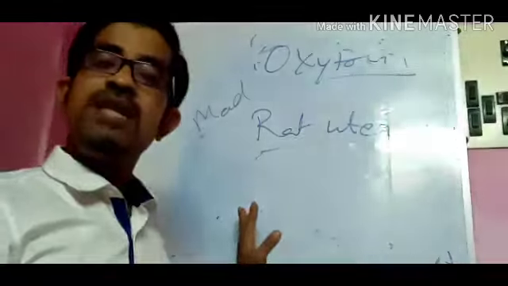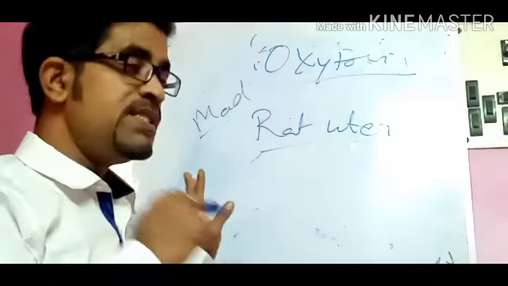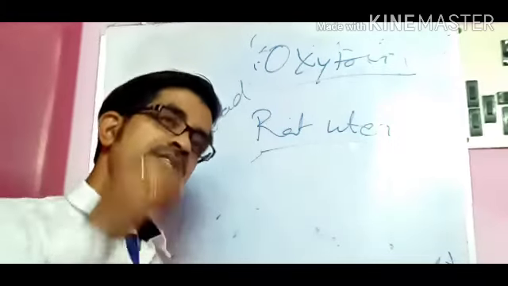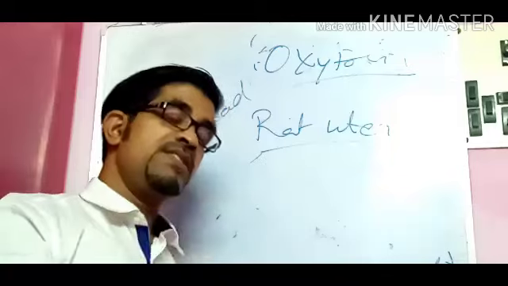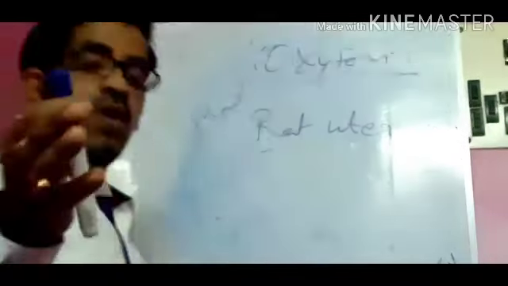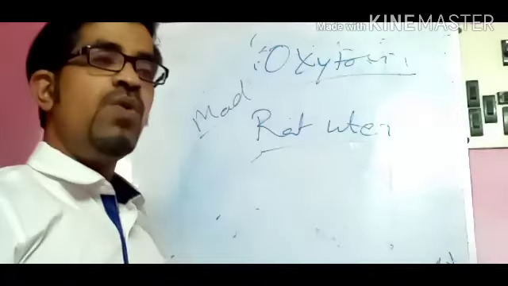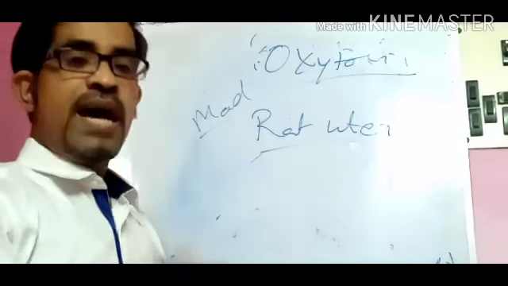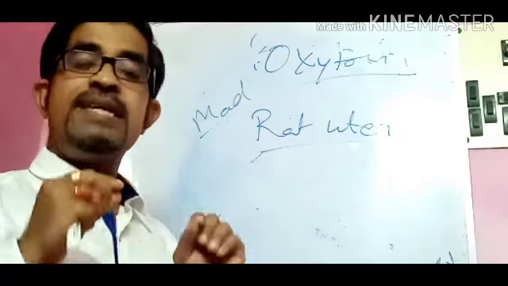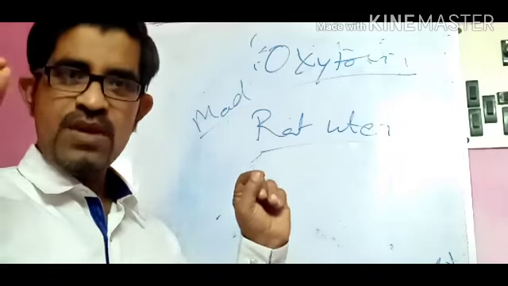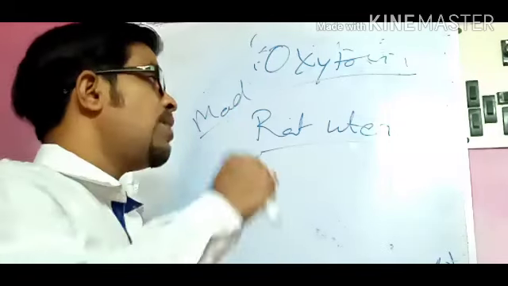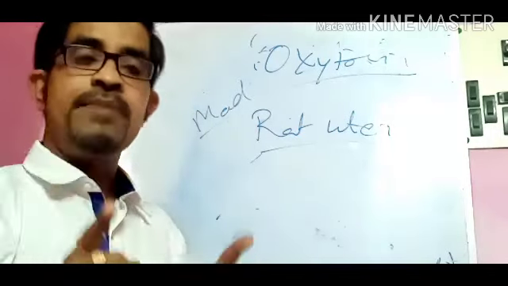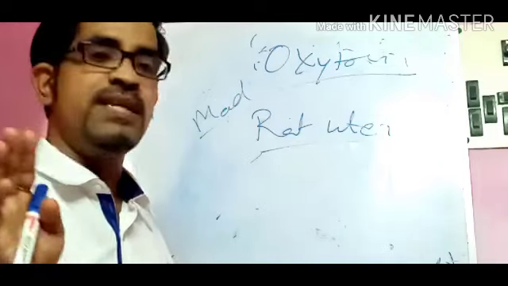Then we found out the principle. Now the procedure. I have already discussed the procedure in the previous practical, and section B might also have done that practical. You have to take the animal, sacrifice it, isolate the uterus and take out the two horns. These horns you mount in your apparatus. Which apparatus? The kymograph, which you have seen in the lab.